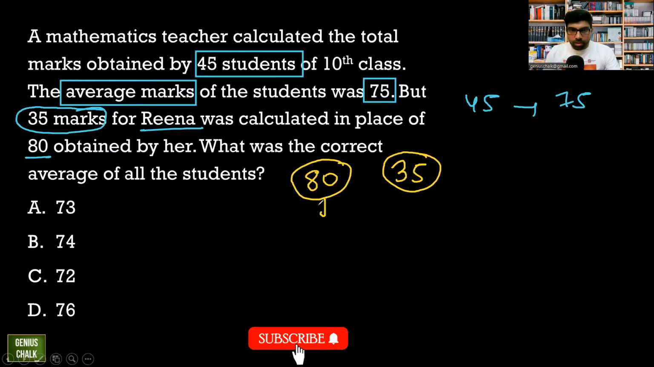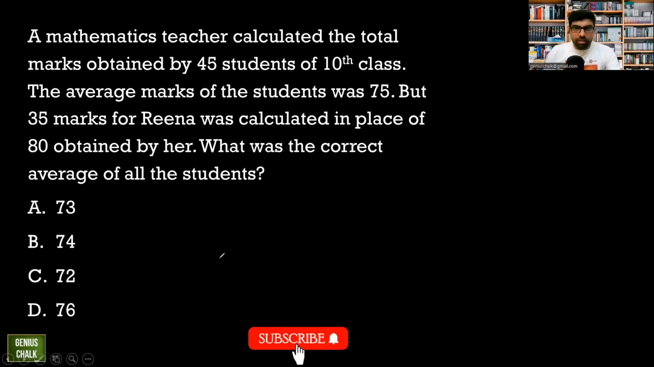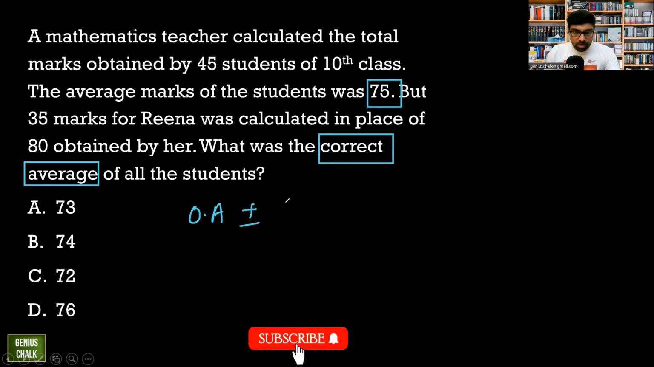Means actually this is the actual marks and this is the taken marks. That means 80 was the actual value, but it was wrongly taken as 35. So this is the correct reading based question of average. So what we do in this case, always remember what is my earlier average. This is 75. So remember, whenever we have to find the correct average in these type of questions, the way out is: correct average will be old average plus minus difference in